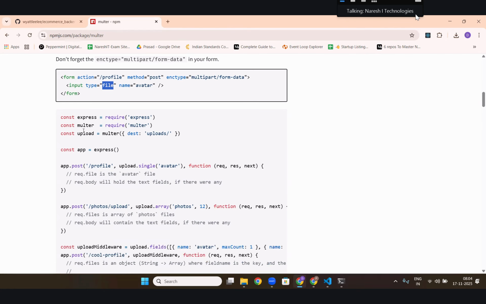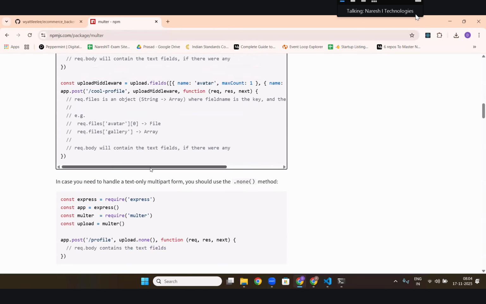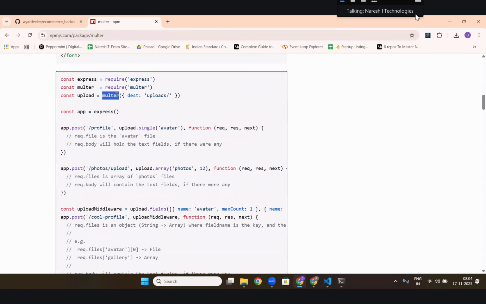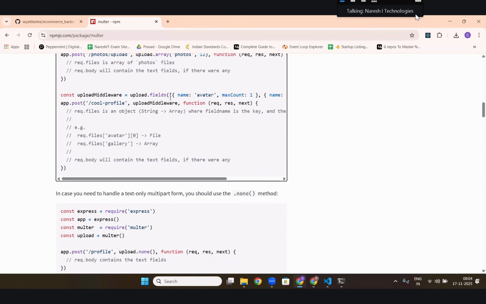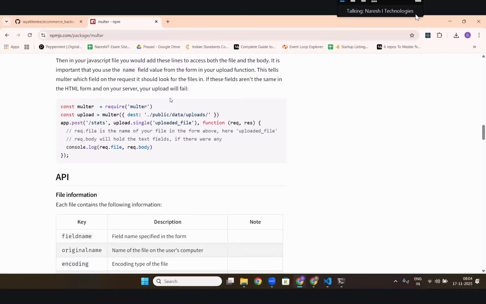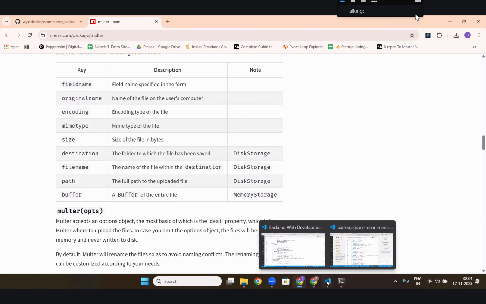That image data comes here, and Multer will take it in the uploads and post this data into some kind of bucket. You can even store it in your system actually.